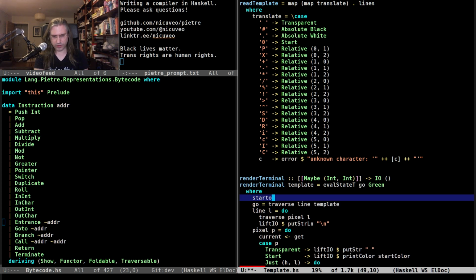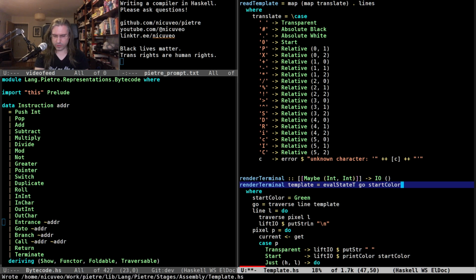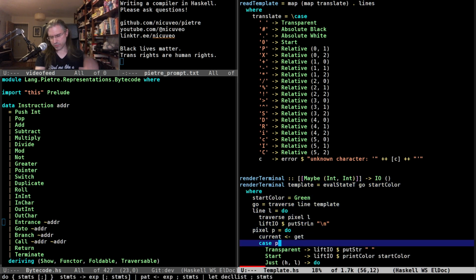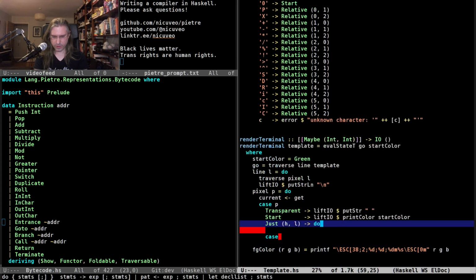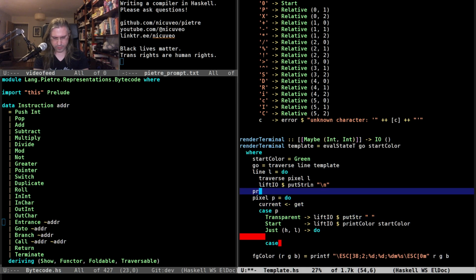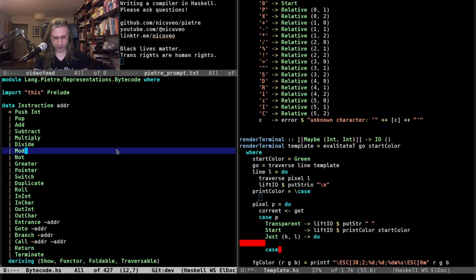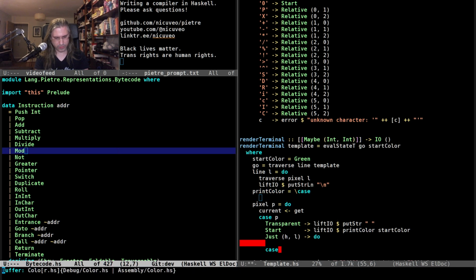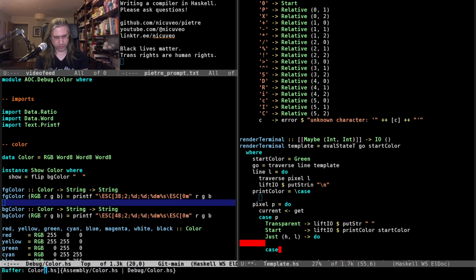The start color is going to be green, as decided earlier. And print color is going to be a case of, and I can go back to color and other color, this one.